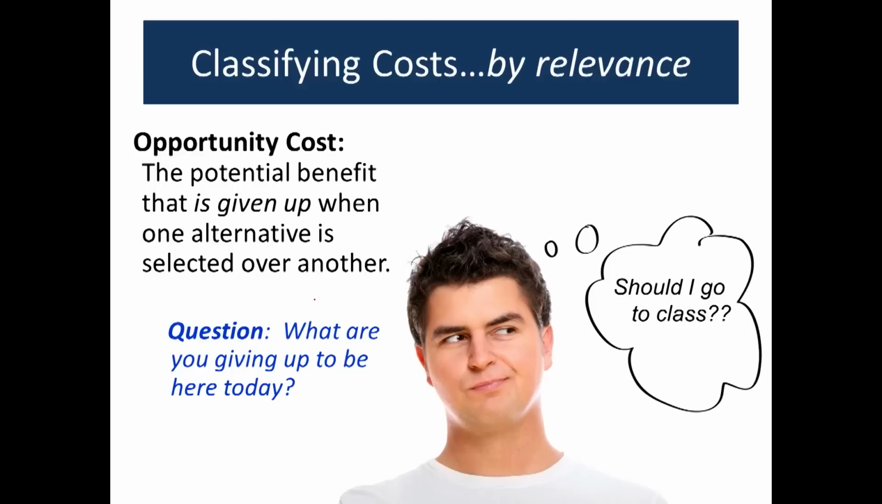Another way we can classify costs is by relevance. I think this is a fascinating area. Opportunity costs. Now, you may have talked about opportunity costs in econ. And I don't remember enough from my econ classes, where they might treat this a little bit differently. But opportunity cost in accounting is the potential benefit that's given up when you choose one alternative over another. Is that the way econ does it? Okay. For example,